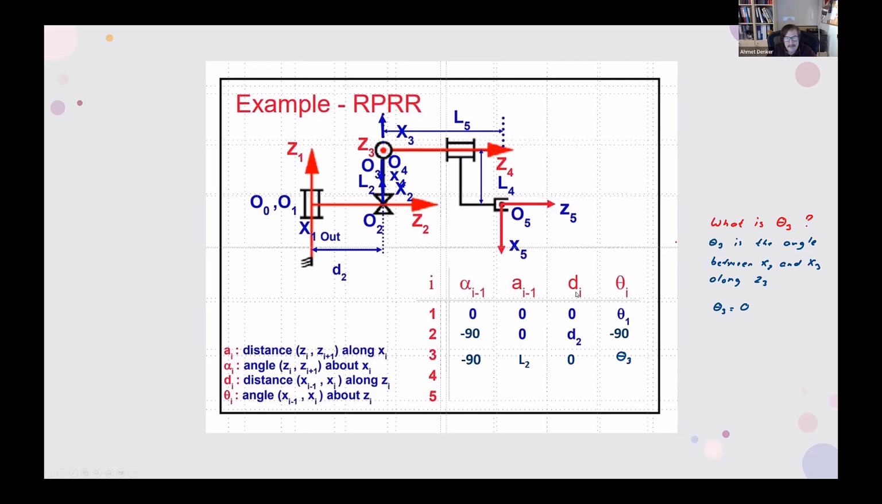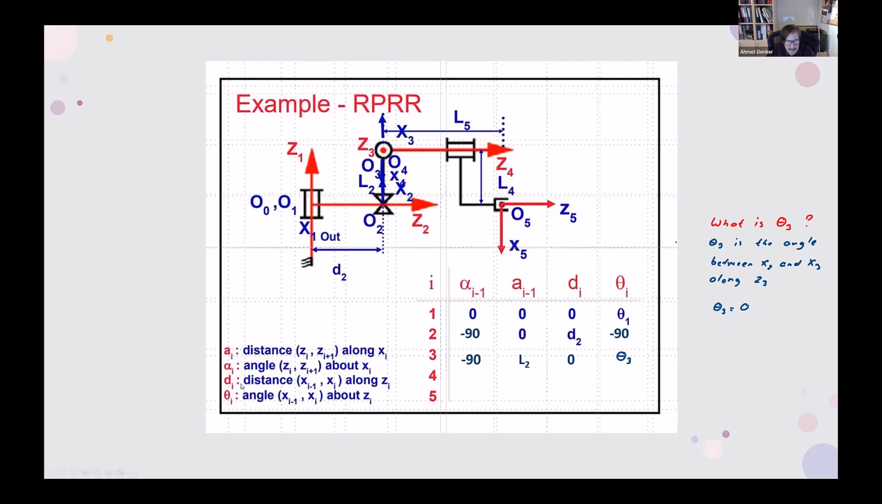D actually happens only if this was a prismatic joint. Since it is a revolute joint here, I can just write 0 here. But this is one way of answering it. The other way of answering this is just to use this definition here. So D3,